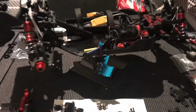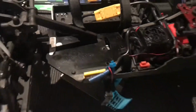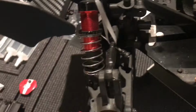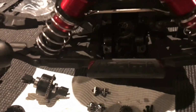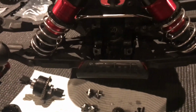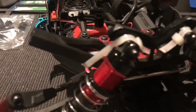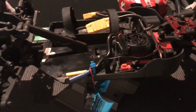So, as you can see, we've stripped down the car. Today I'm going to take out the center diff, the front diff and the rear diff, and replace the fluids. There's a picture of the front end. So what I'm going to be doing today is replacing the diff oils with